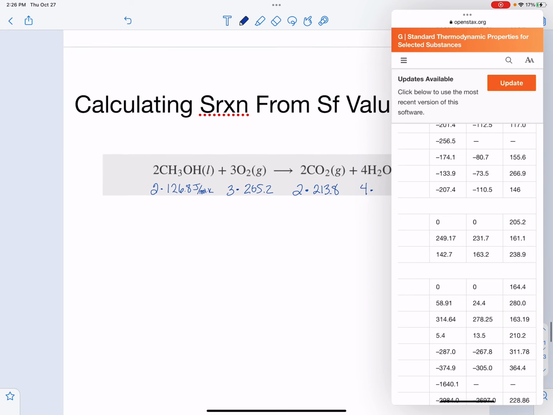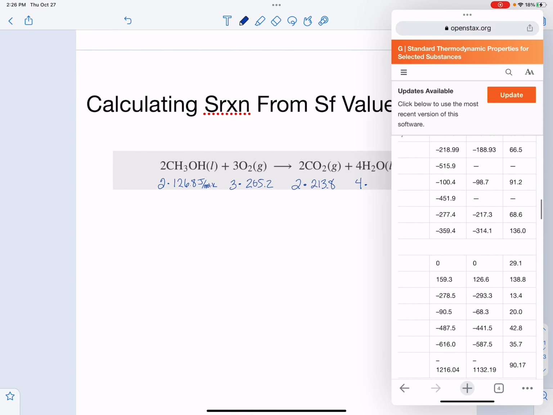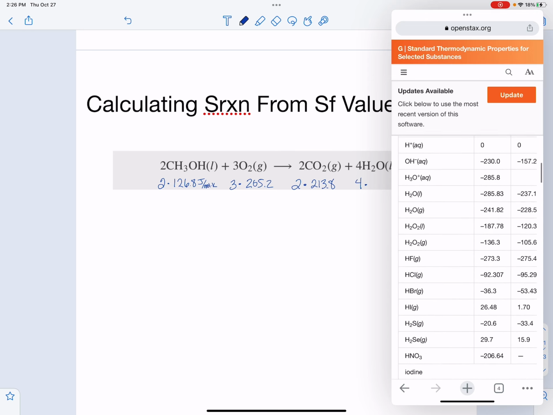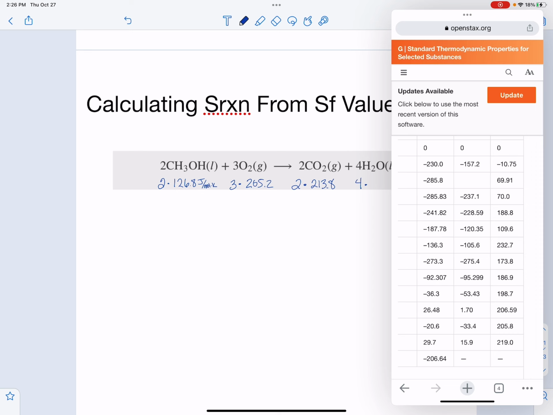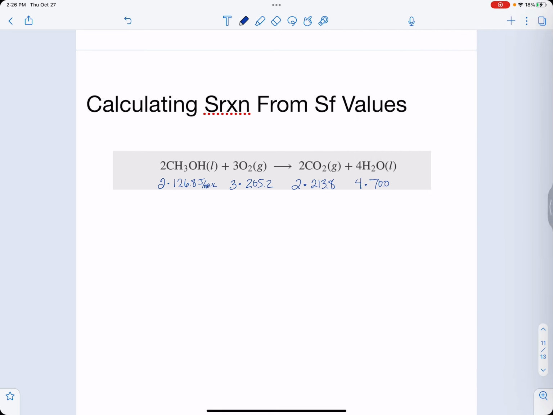And then my last thing in here is water. So I need to scroll up to my hydrogens. It's water as a liquid. There we go, water as a liquid, 70. So then I need these terms here, and it's basically like you're adding these 2 together and adding these 2 together, but you're subtracting this whole thing